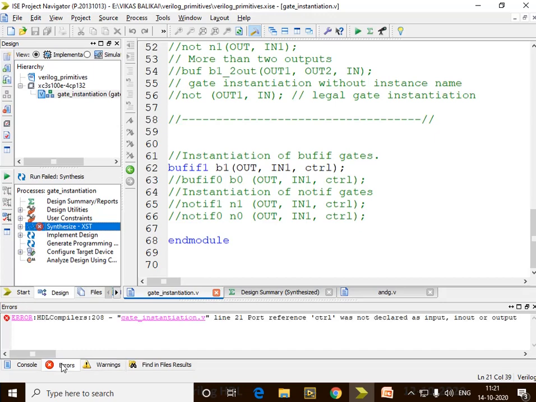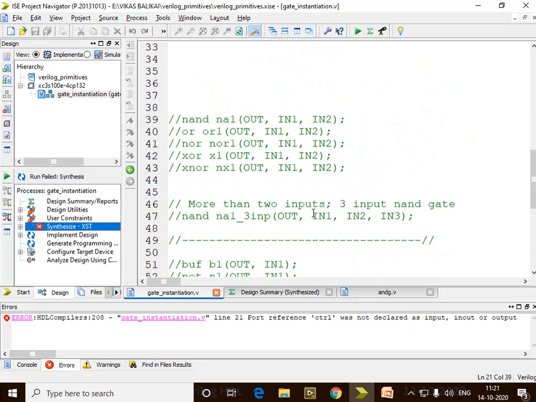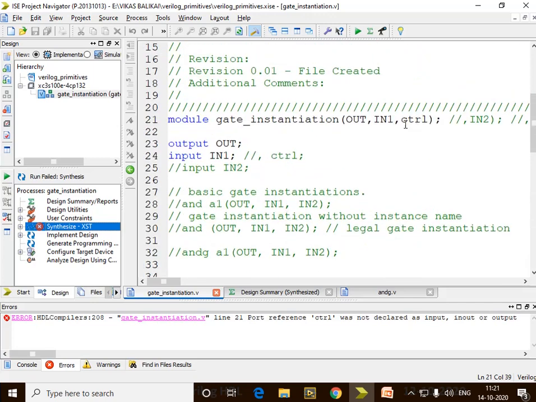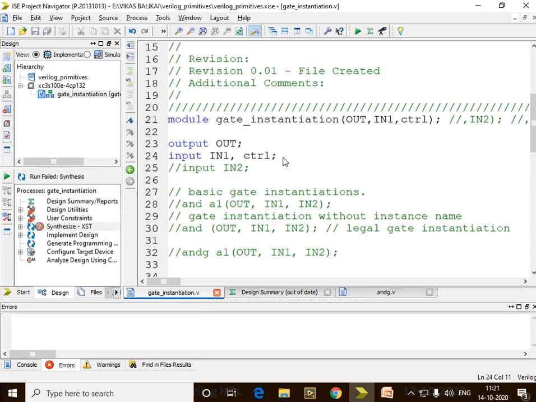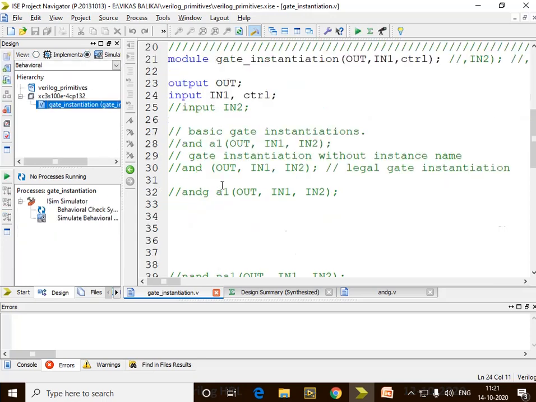Oops, there's a warning. Let's see what it is. Control was not declared. Fine. You defined it as control, but what exactly does control do? Whether it's an input or output? Of course, it's an input. So let's declare it here. Yes. So these are the small things, how you can tackle the warnings and errors. So I'll synthesize it after saving. Then now it should come with a green tick saying that the entire program is right. Yes, it comes.